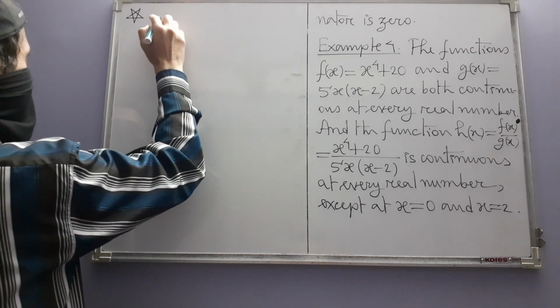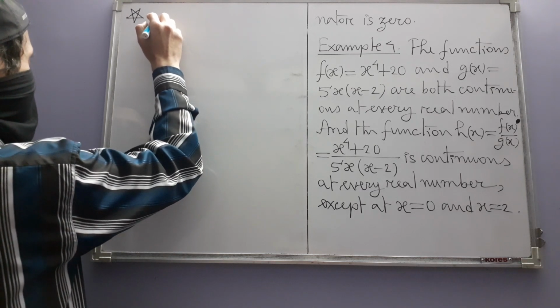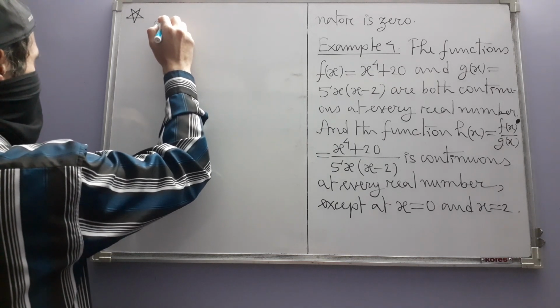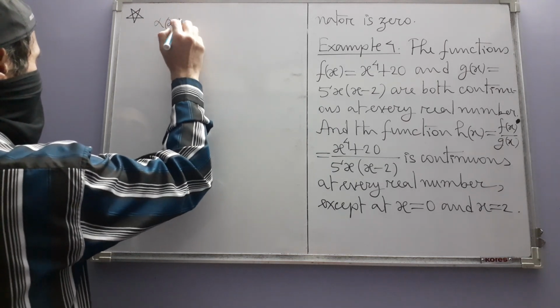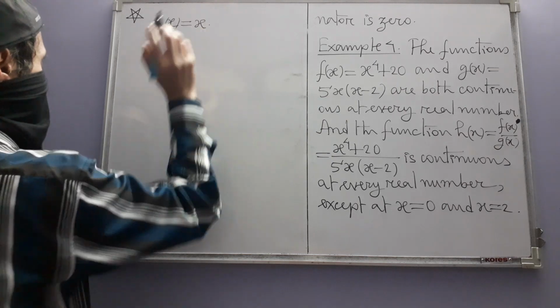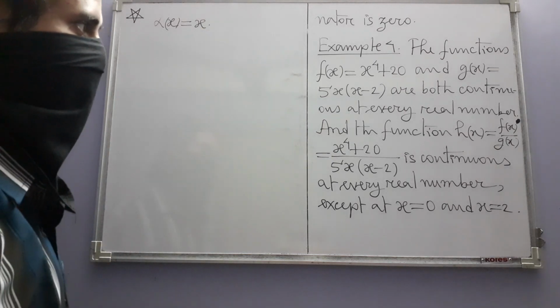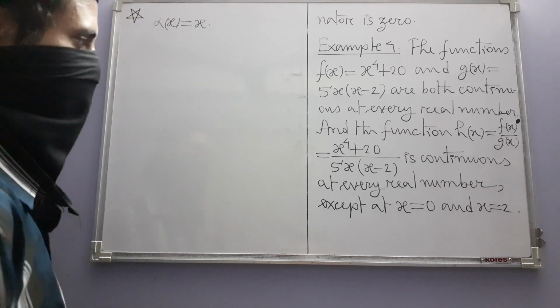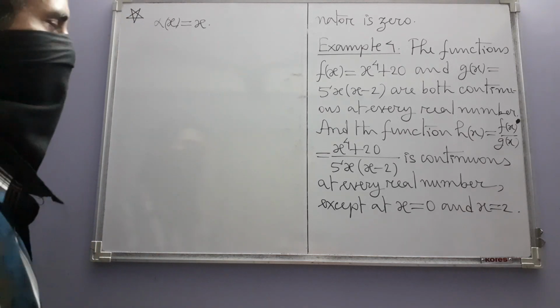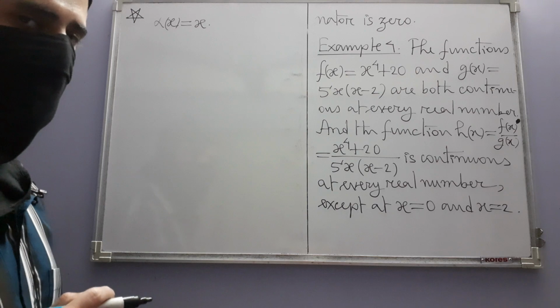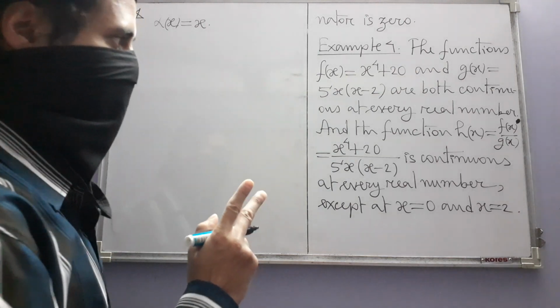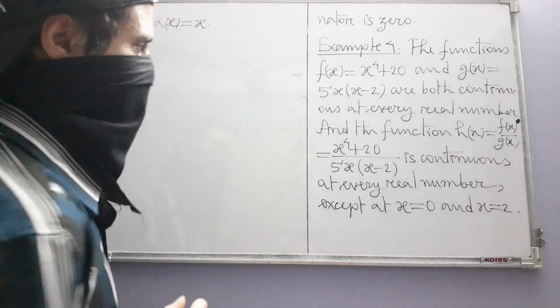We already know that this function is continuous. Let me call this alpha, alpha of x equal to x. We have already seen this many times. This is known as the identity function on the set of real numbers. This function is continuous. So by applying the second rule for continuity,